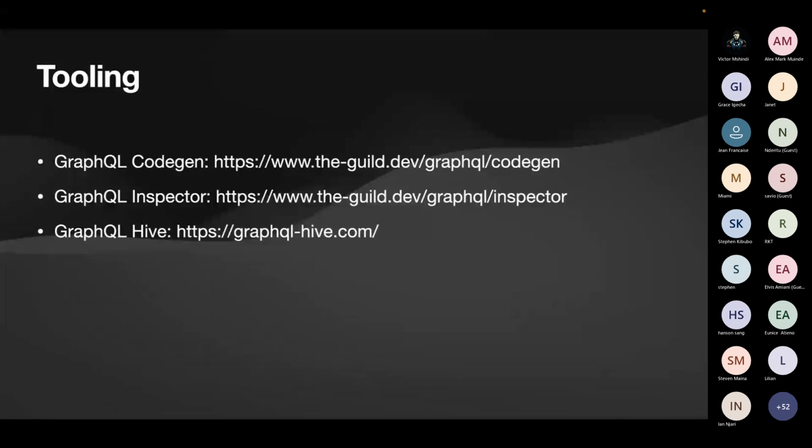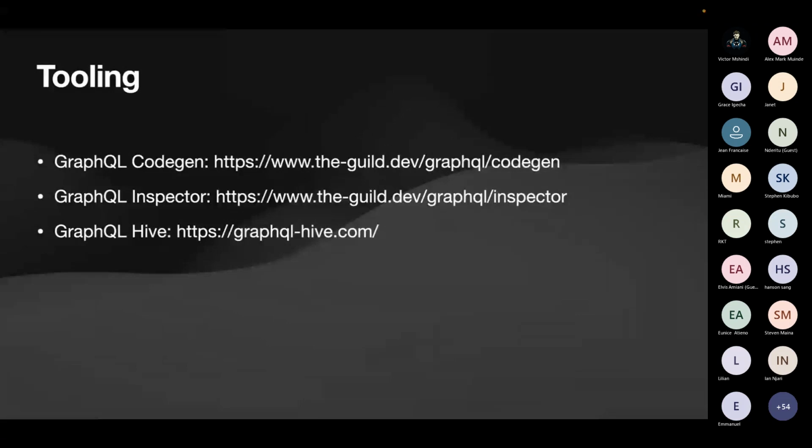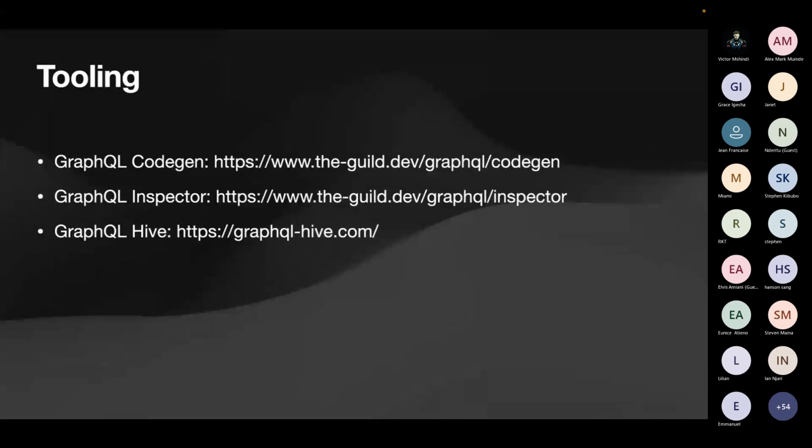If you're building a front-end app or even a back-end as well, you need to use GraphQL CodeGen. What this does is it creates a type-safe client that you can use to query against your backend, if you want to create hooks and all these kinds of things.